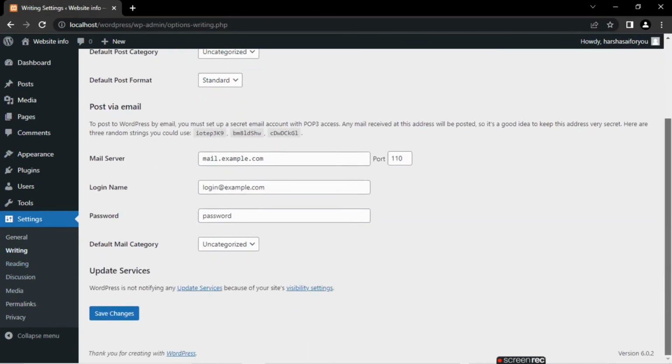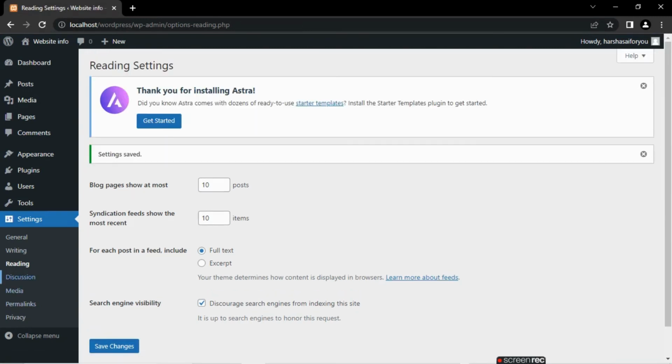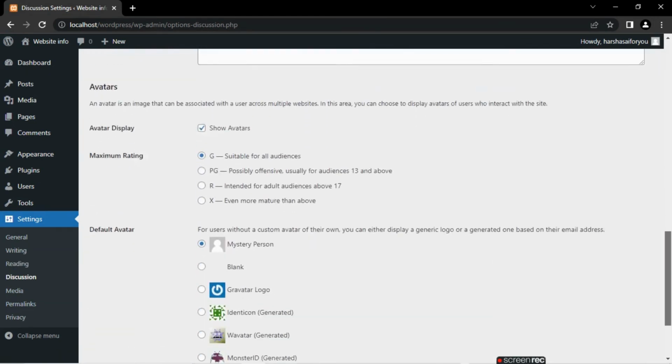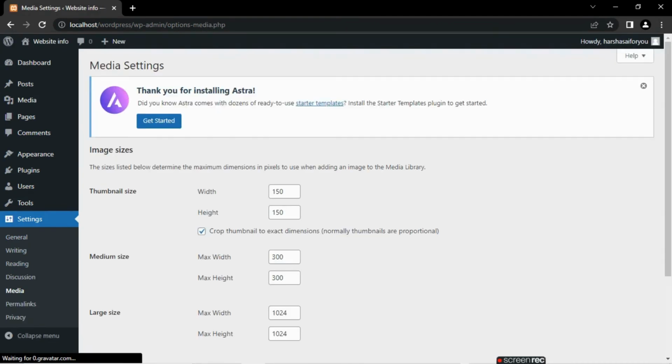So, you can set a static page for the front or the number of posts to be displayed on the main page, add a post summary, and discourage search engines from indexing the site. Keep this unchecked if you want to index your site to search engines like Google. Discussion is where you can edit the settings for comments. This section provides a list of settings, so please take a little time and read every setting option and check